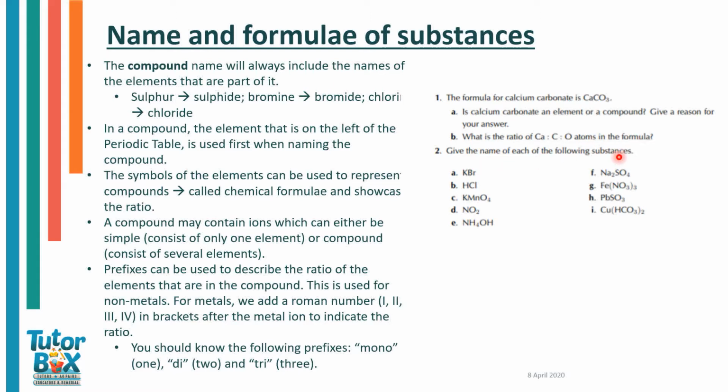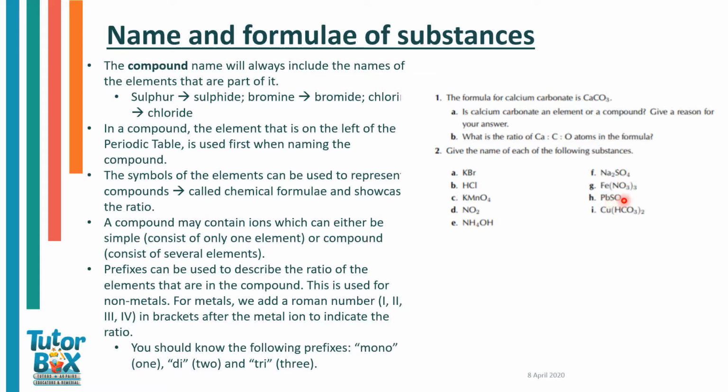Okay, give the names of the following substances. So we've got potassium bromide, we've got hydrogen chloride. This is your potassium, and this is actually an ion that we're going to come to next time. So I won't go over that one, just write that down so we can do it once I've discussed the ions. This one would be nitrogen dioxide. This is ammonium, and this is hydroxide. So this is ammonium hydroxide. This would be disodium sulfate.